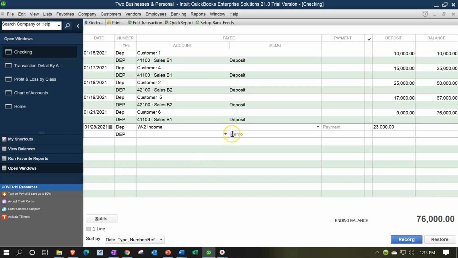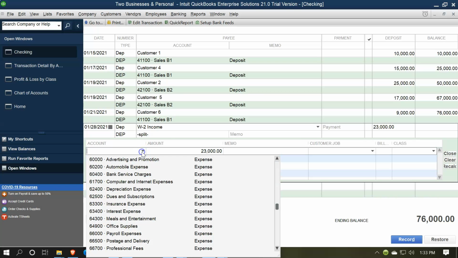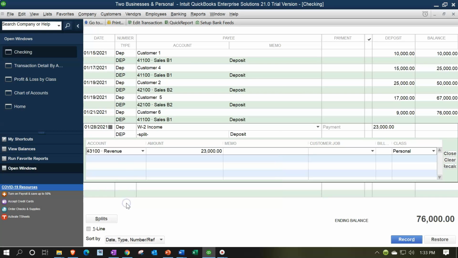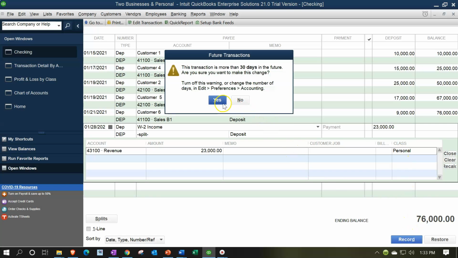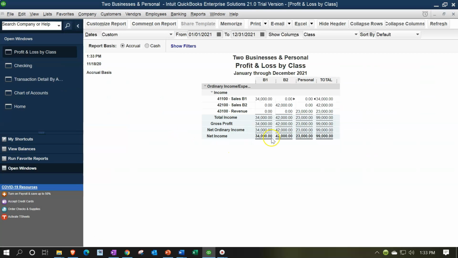23,000, and then I'm going to hit the splits here, and then I'm going to put this into our revenue account. So revenue here with the 4.3 on the revenue, and that's going to be going to our personal. So personal, record it, yes, and then if I go to the profit and loss,